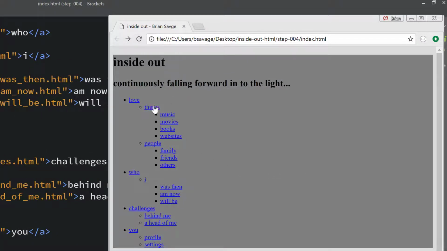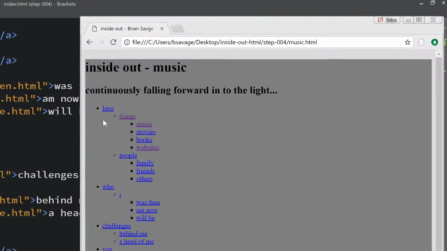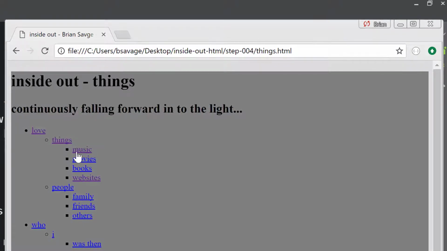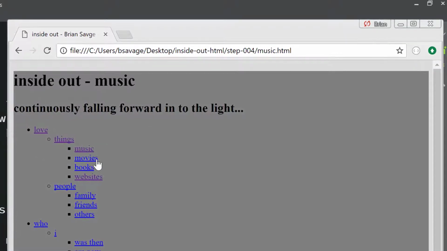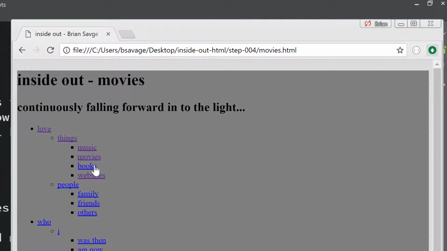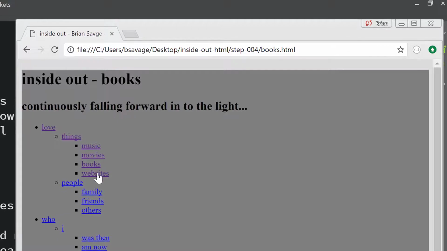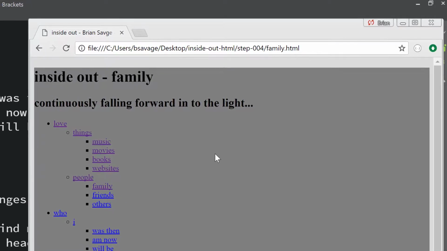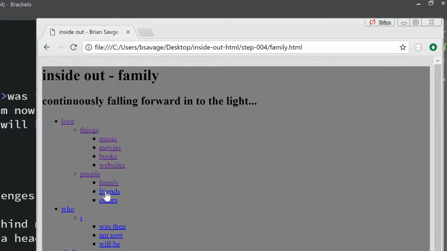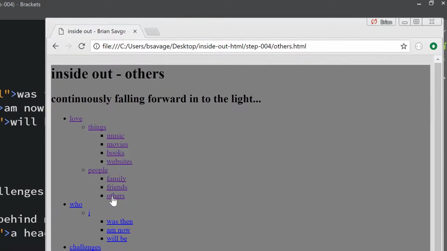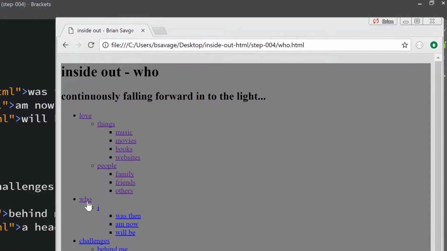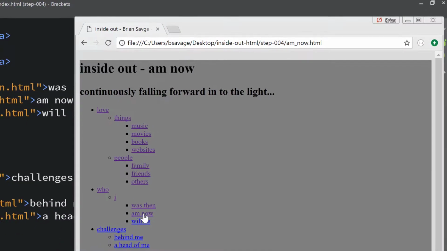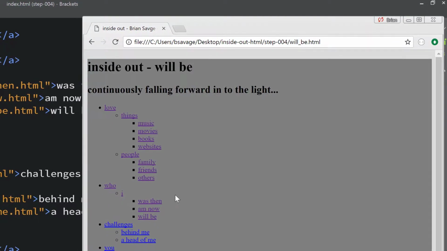And at this point, we actually should just be able to click and see things. So we'll start at the top. Love, make sure that's love. Things, music, movies, books, websites, people, family, friends, others, who, I, was then, am now, will be,